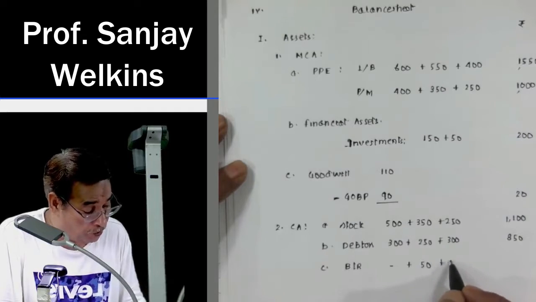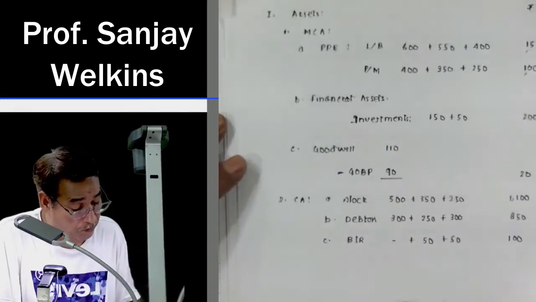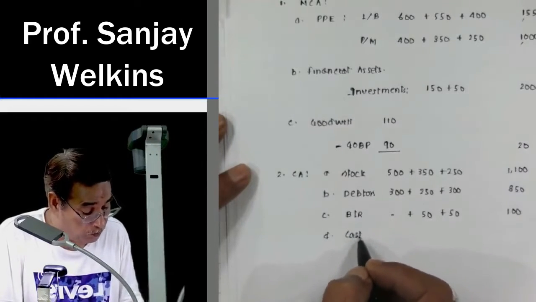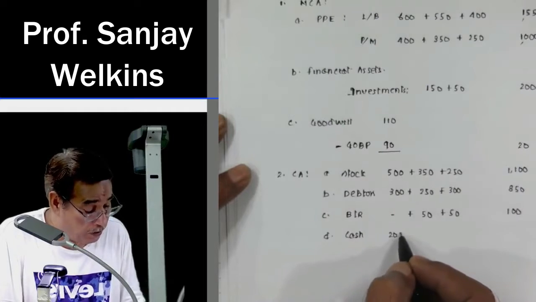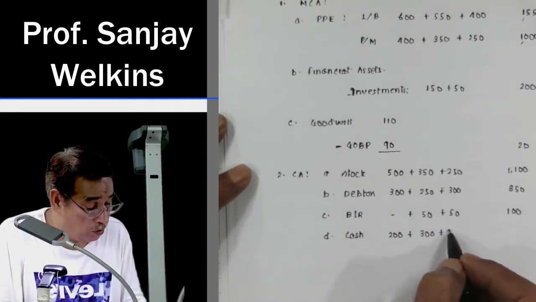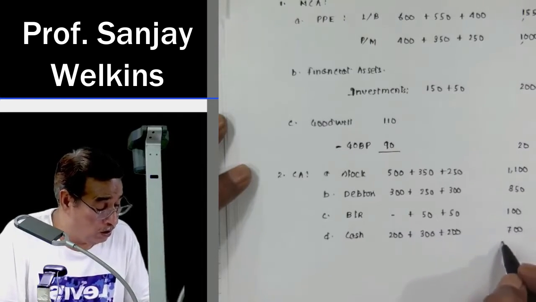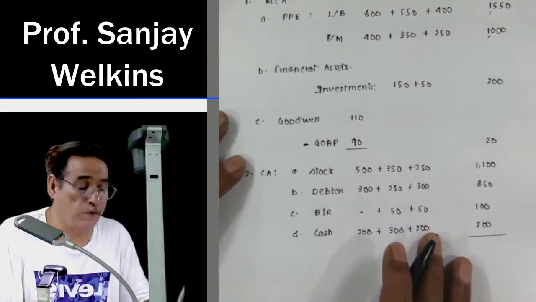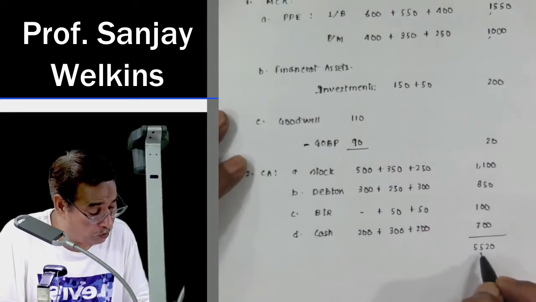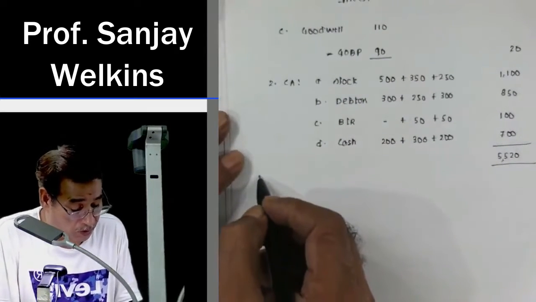X Limited 50, Y Limited 50. Cash 200 Z Limited, 300 X Limited, 200 Y Limited. Total will be 700. Then you will total it up also, of course, to get your balance sheet total 5520. It will be equal to. Then